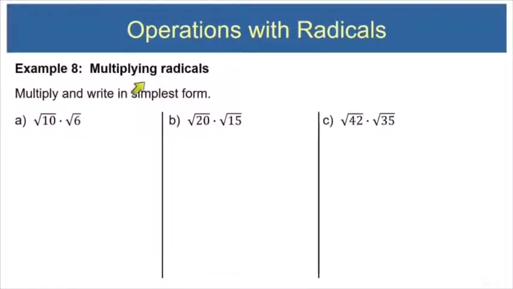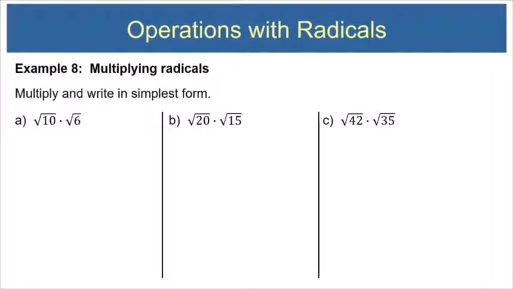So now let's look at example 8 together, and we're going to be practicing multiplying radicals. And notice the instructions say multiply and write in simplest form. And remember that just means that we can't leave any perfect square factors under the radical. So we're going to start off pretty small here in part A. Here we have square root of 10 times square root of 6. Now I know that you know that we could multiply 10 times 6 together and get 60. So we could say that if we multiply these together we get square root of 60,